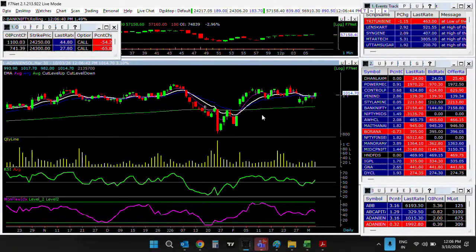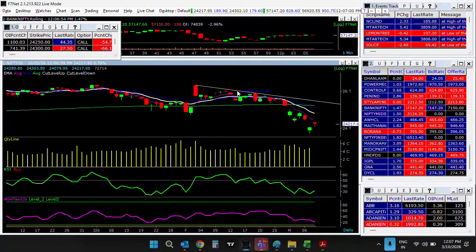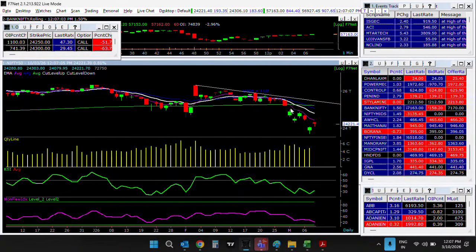Yes, Sonal, you rightly said it's been a very volatile last few days. Go gap up, gap down. So now let's understand the broad chart. This is the Nifty daily chart. As you can see here, this was the day when market gapped up on back of the trade deal. Until then, Nifty has been forming lower top, lower bottom. Every top is lower than the previous top. So Nifty has been forming lower top, lower bottom.